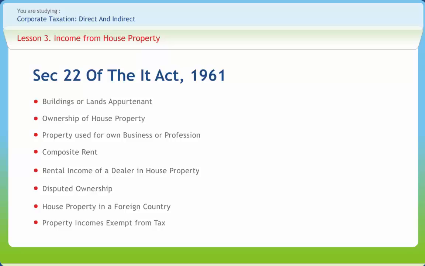Land appurtenant includes land adjoining to or forming a part of the building. It would depend on the nature of the land whether it is appurtenant to the residential building, factory building, hotel building, clubhouse, theatre, etc., and will include courtyards, compound, garage, car parking spaces, cattle shed, stable, drying grounds, playgrounds, and gymkhana.